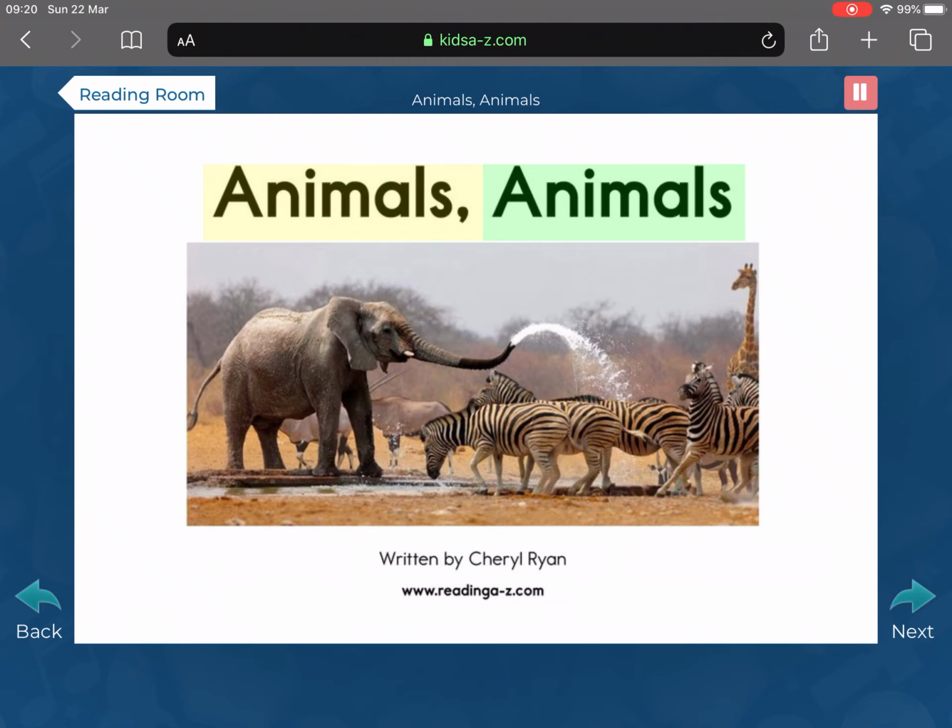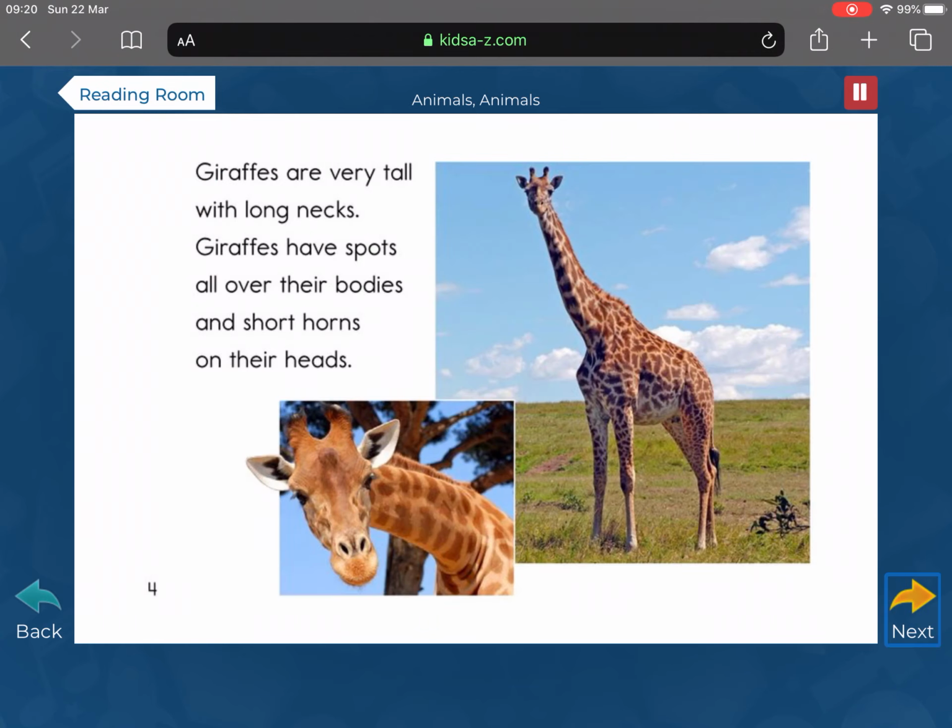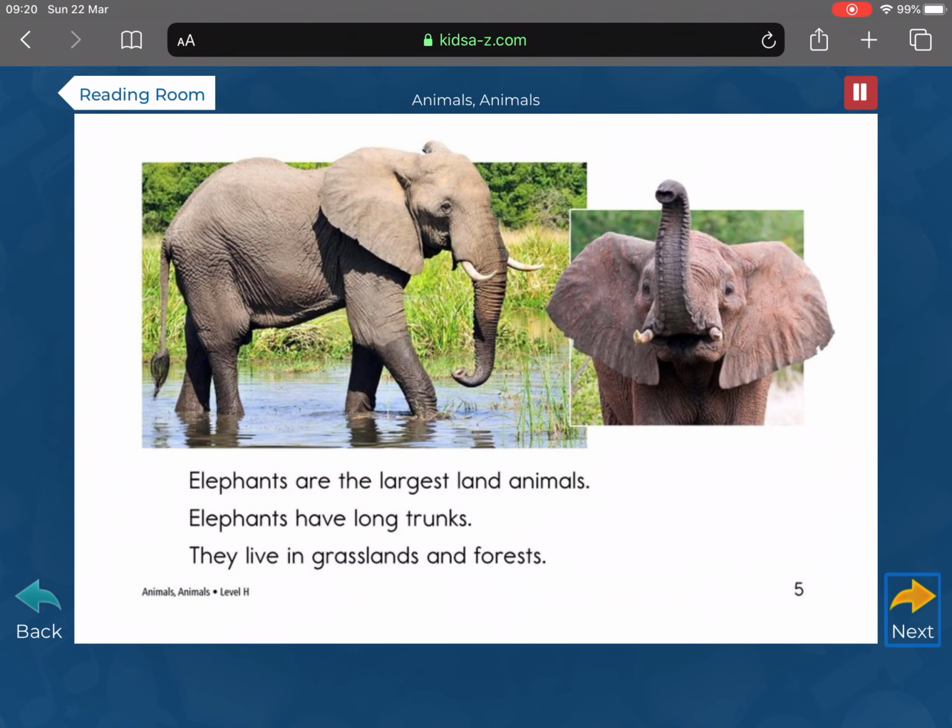Animals, Animals, written by Cheryl Ryan. Giraffes are very tall with long necks. Giraffes have spots all over their bodies and short horns on their heads. Elephants are the